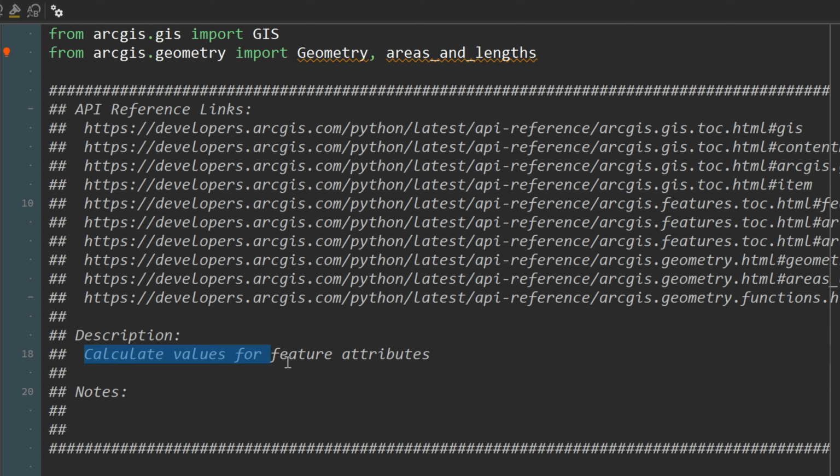Let's calculate values using the ArcGIS API for Python. Open up the calculatevalues.py script from the data folder. Let's calculate some values for feature attributes. Up top, I'm importing the geometry class and we're going to use the areas and lengths method for the geometry